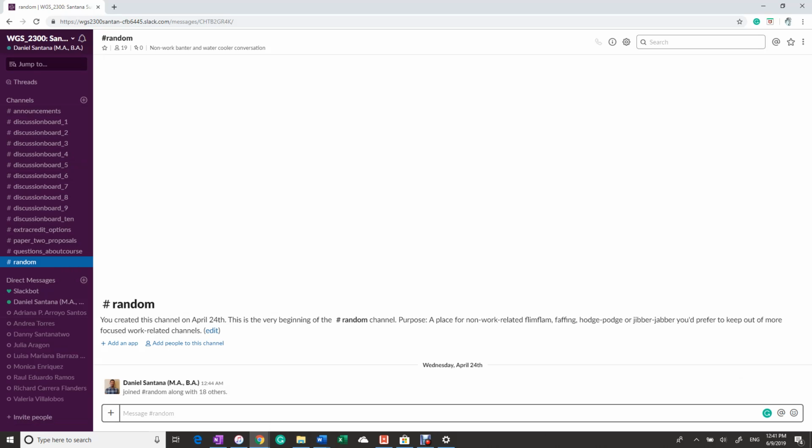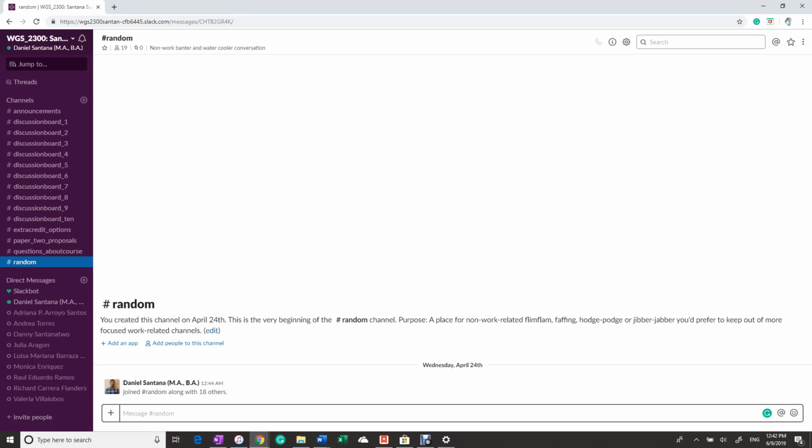way at the top where it has the name of the class and your name, I would encourage you to play with that, because some of you might have the Slack application on your phone, and I'm not sure what the default settings are for the notifications, but you might be getting overwhelmed with the number of notifications, because again, this is 40 students in this class. So you can edit those settings. I encourage you to play with them, especially if you have the notifications enabled on your phone or on your desktop.